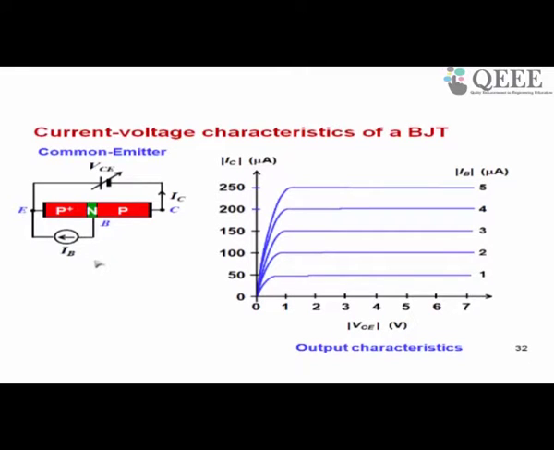This is the shape. So we are plotting the collector current versus the collector emitter voltage for different values of base current. Each curve shows you the variation for a constant base current. Now please note that we have put a modulus for VCE because the collector to emitter voltage, you can see here, is negative. Collector is negative with respect to emitter. And since we prefer to put all the characteristics in the first quadrant, we want the current axis to be positive, voltage axis to be positive. So that is why we have used modulus for collector current as well as collector to emitter voltage.